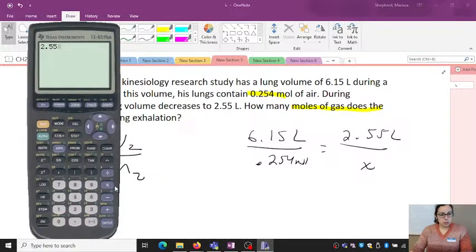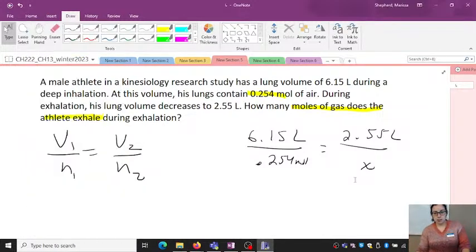And always double check my math. So did we get 0.105 in the lung then? I see some nods. So this is 0.105 moles